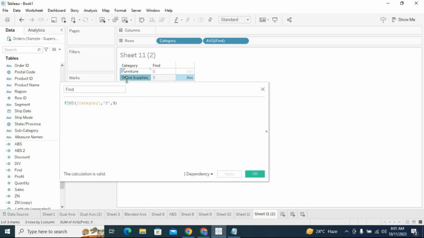Okay, you are identifying for what? F. Yes, F is satisfied with F. So it is positioned at which character? Third character. That is the result. Let's give 4. It's not like you are finding the nth character. Got it? Nth character means so